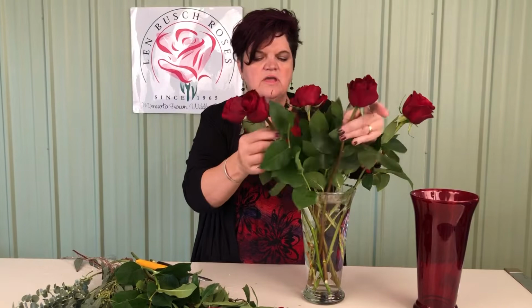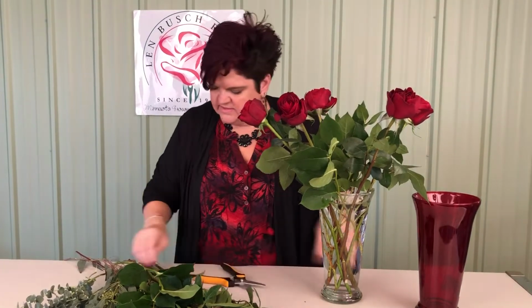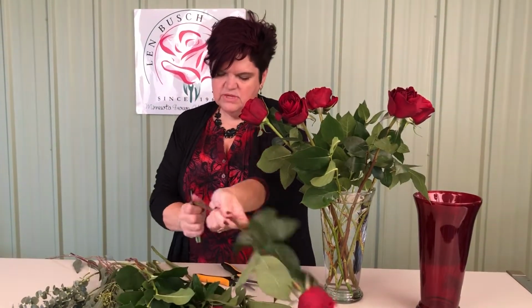So you take a look, and we're not going to do a ton of adjusting as we're making this dozen roses. We're going to start in a pattern. We're going to do 5, then we're going to do 3, 3, and 1. And so I'll just continue on that pattern